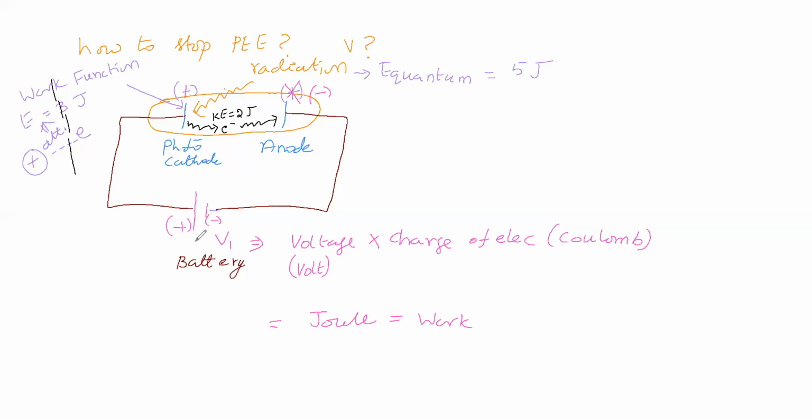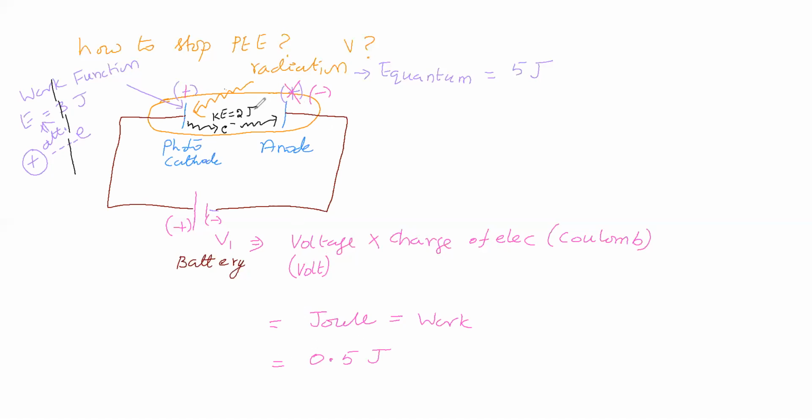So now we are taking the battery. That battery is having voltage V1. That voltage we will supply here, and the electron is having charge. That charge we will take. That unit is coulomb, and volt into coulomb is called joule. Joule is the unit of energy. Suppose this is how much, 0.5 joule. We are getting this much, suppose.